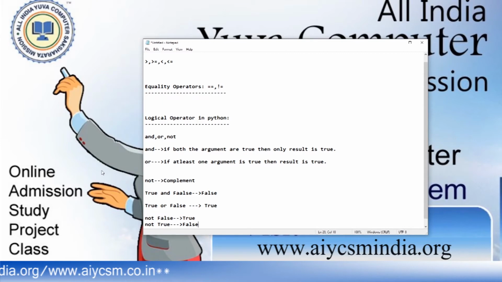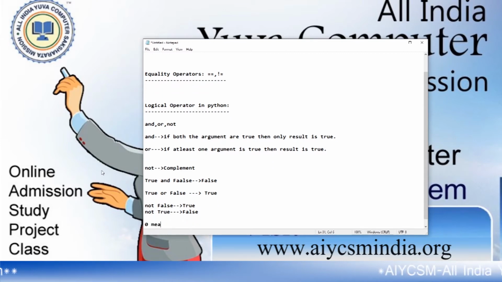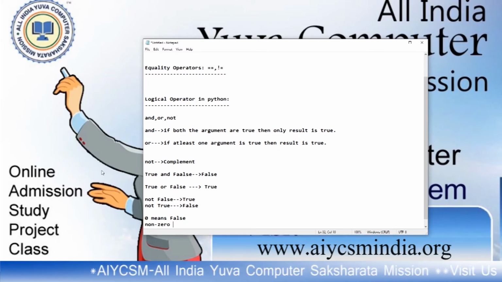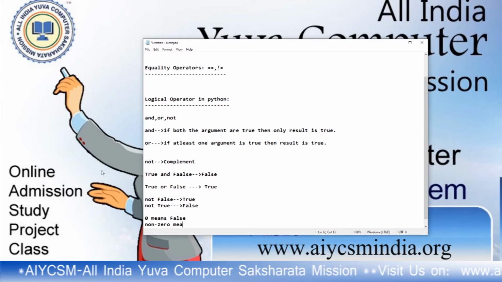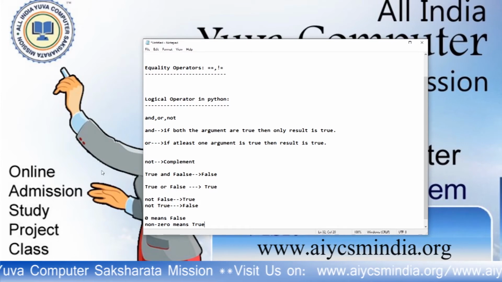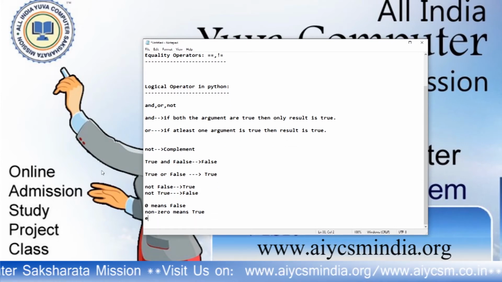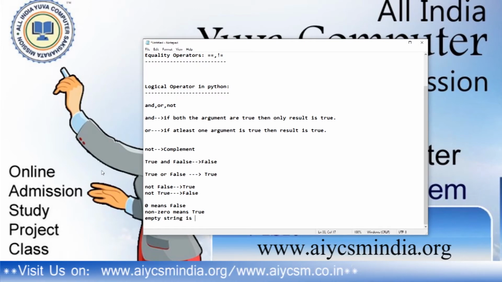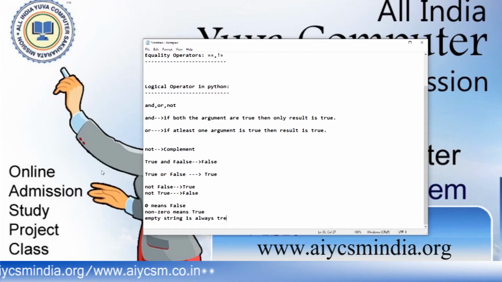Remember it. 0 means false, non-zero means true, and empty string is always treated as false.